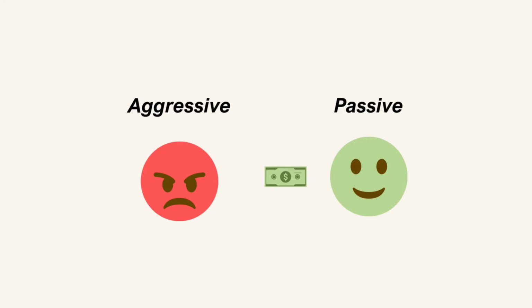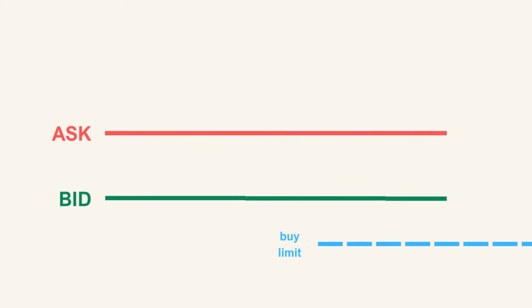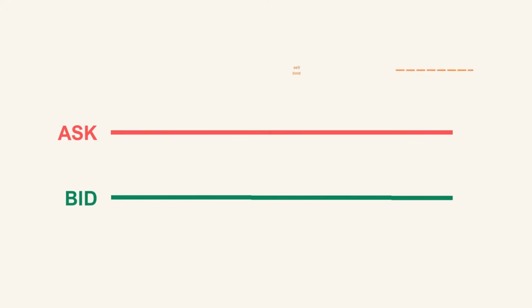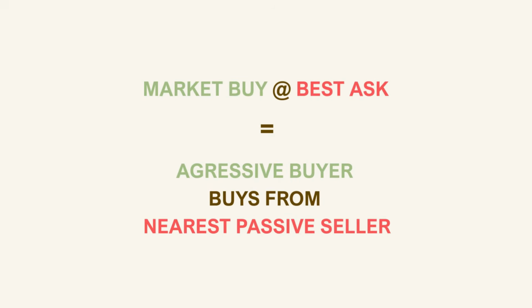These aggressive orders interact directly with passive participants, traders who provide liquidity by placing limit orders. A passive buyer places a limit buy order below the current market price. A passive seller places a limit sell order above the current market price. This means, when an aggressive seller sells, they are hitting the best available bid, which corresponds to the nearest passive limit buy order in the order book. When an aggressive buyer buys, they are lifting the best available ask, which corresponds to the nearest passive limit sell